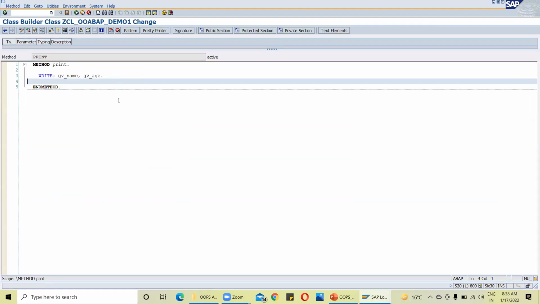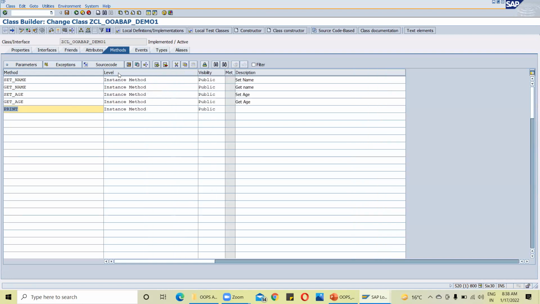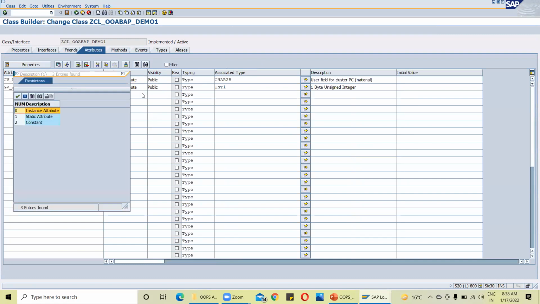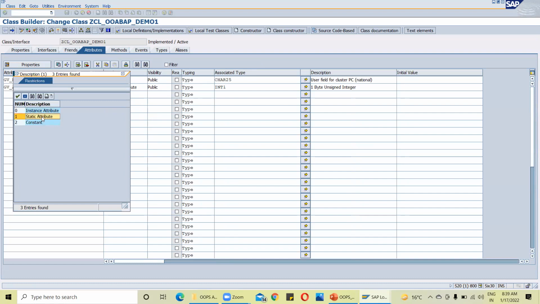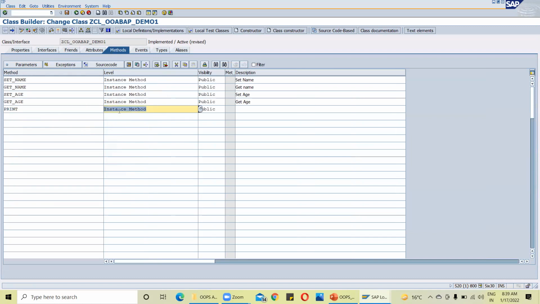Still, if you want to access a method of a class, then how can you do it? Only one way is there to do this. Okay. These attributes you have to make as static attributes. This method which you are using, you have to make the static method, right? So if you see,